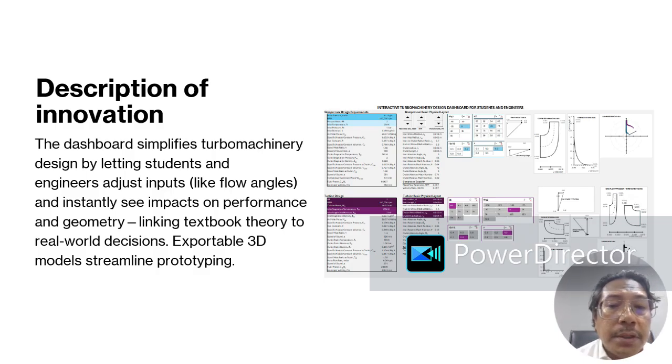A brief about the innovation description. This dashboard was developed using Excel software, whereby turbomachinery designers, such as students and engineers, can adjust their inputs like the flow angles, the mass flow rate, velocity, RPM, revolution per second, turbine speed, compressor speed, and the required pressure ratio for the compressor. And this will automatically calculate the sizing, and the users can instantly see the impact on the performance of the requirements, as well as